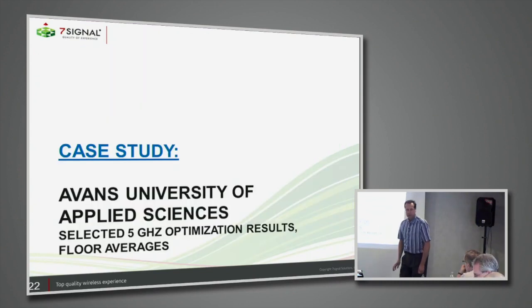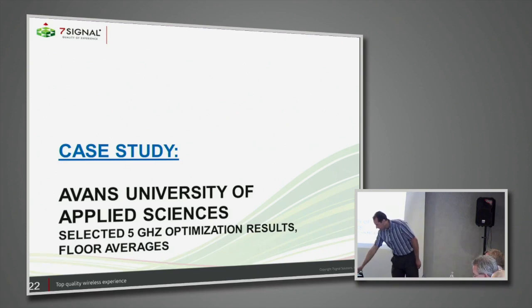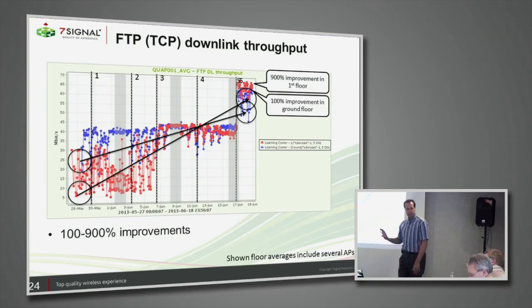But I do want to show some of the results from Avans University of Applied Sciences. Thanks to Kees Pronk, network admin there. Kees has been really great help and had a lot of courage to let us show data from his network. They have been doing a great job with the network. They have been using all the tools, everything there, and they still were experiencing issues with the network. We did an optimization project with them. We adjusted a few settings in the networks, and this material is available as well. But I want to show some of the findings